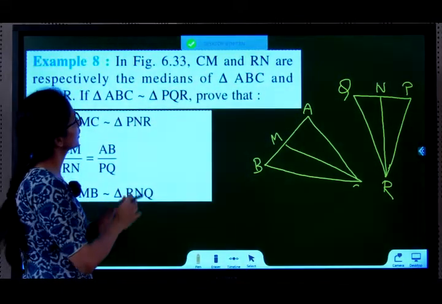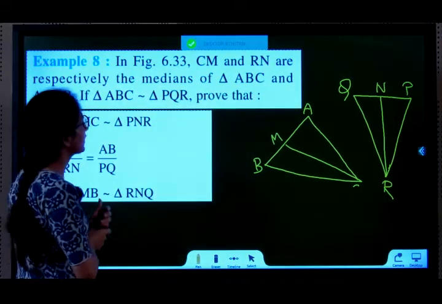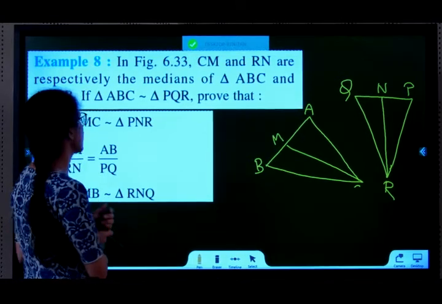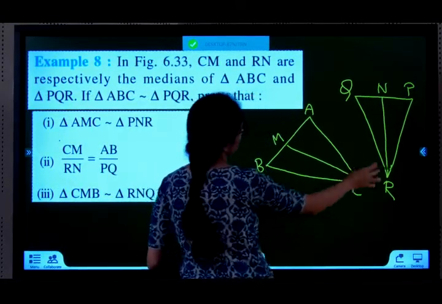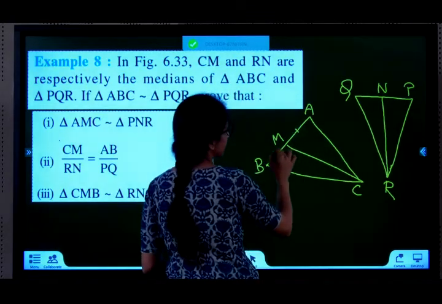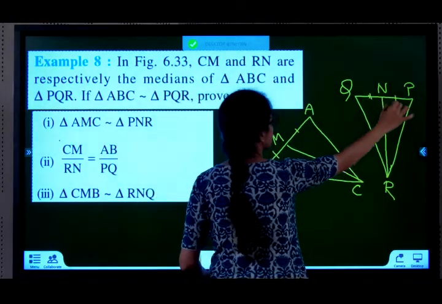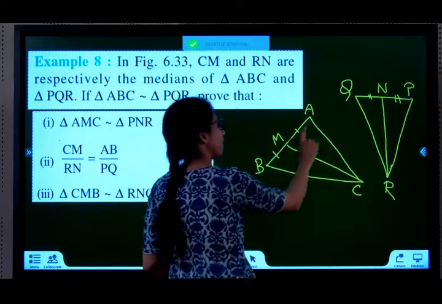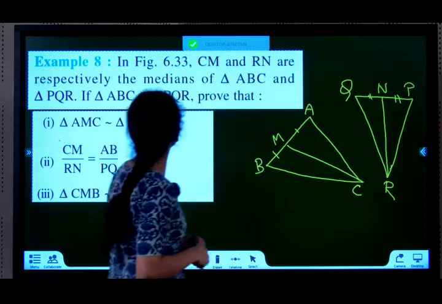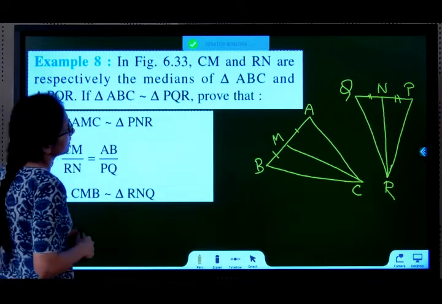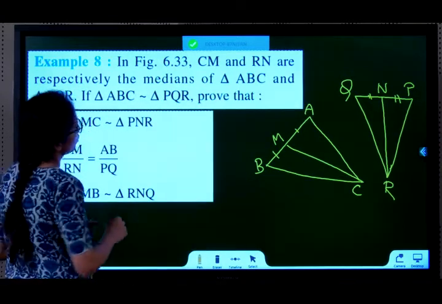Example 8. In the figure, CM and RN are respectively the medians of triangles ABC and PQR. So, CM and RN are medians. So, that means this side is equal to this side and this side is equal to this side. Why? Because M is midpoint, N is midpoint. Median means what? Vertex to midpoint. If triangle ABC is similar to PQR, prove that